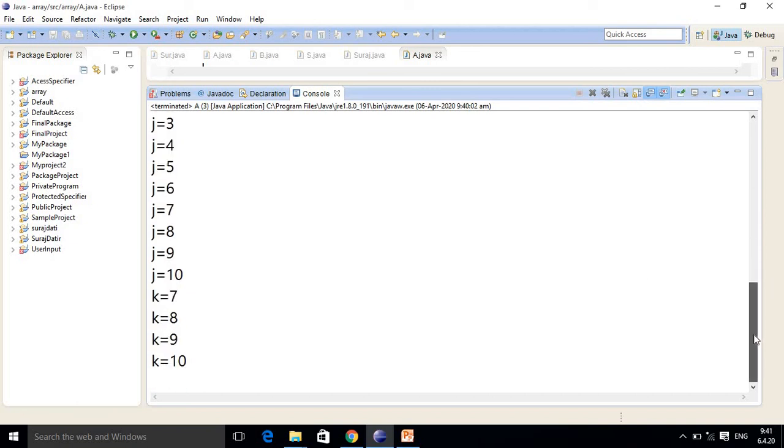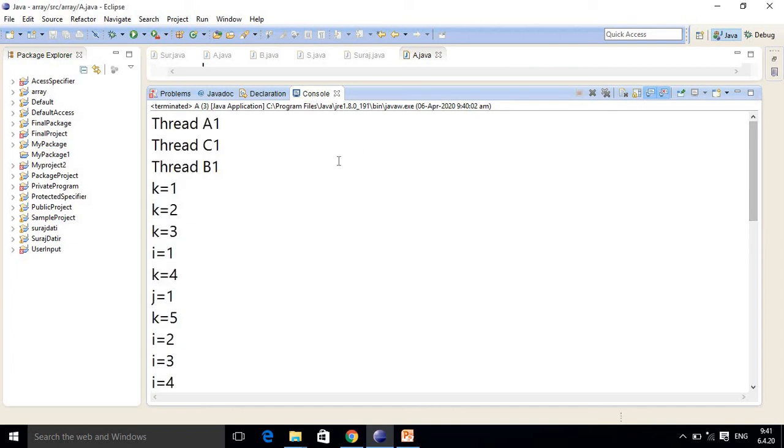Here j equals 10 is over, and then it is given to k. So k equals 10 is over. If you run this program on another machine, your output might be i from 1 to 10, then it completes the execution for j, then for k.